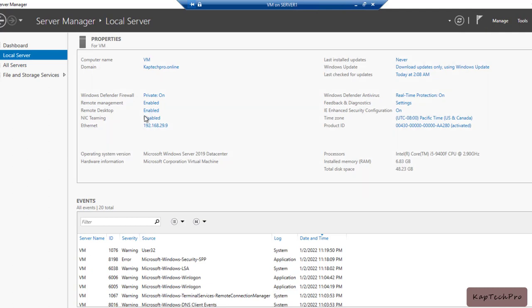If you have multiple client machines in your environment, it's not convenient for the administrator to go to each machine and enable remote desktop. It would be very hectic for the administrator to perform this task. So the administrator can easily create a group policy, put all the client computers inside an OU, and apply the group policy to enable remote desktop, and it will automatically be applied on each and every client computer. That concludes our video demonstration.